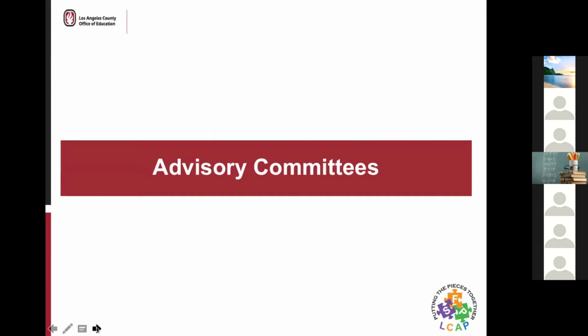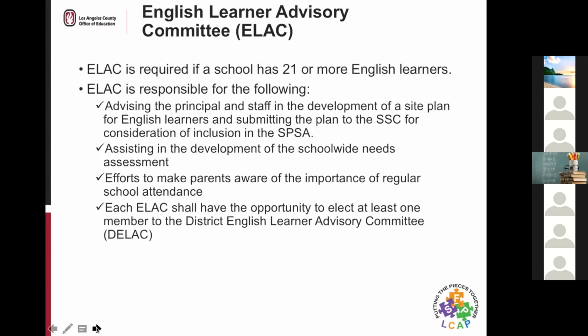I'm going to be covering a couple other advisory committees. So we're going to move on to the next slide and start with the ELAC, the English Learner Advisory Committee. Per Education Code 52176(b), an ELAC must be established if a school has 21 or more English learners.